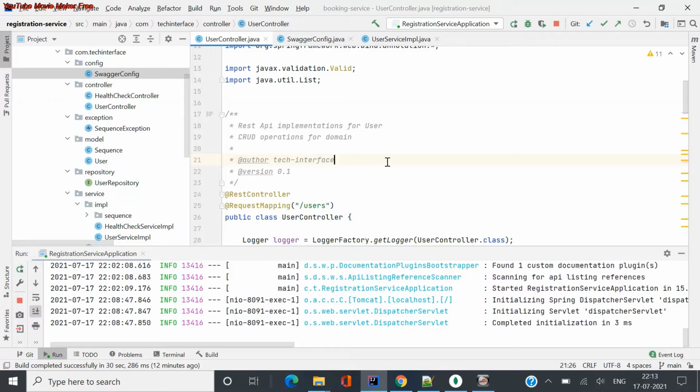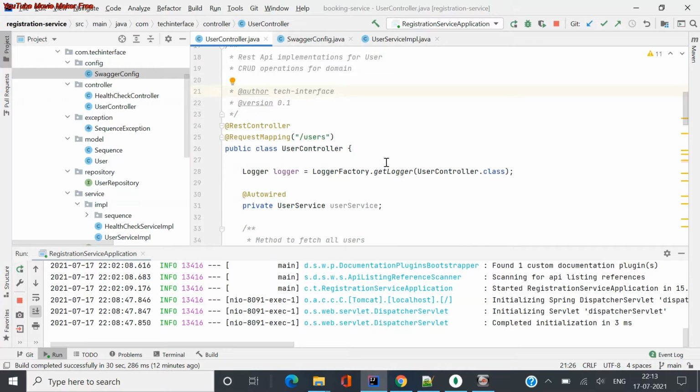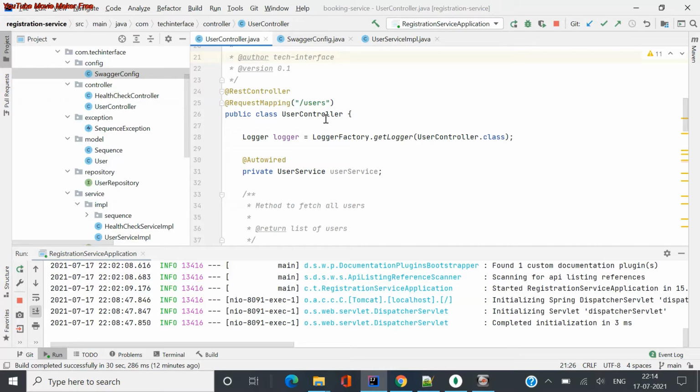Now next, for REST APIs, comes your path. Your path tells everything about a method, or how you access these APIs. This is my user controller, so it clearly tells that all the actions or operations related to users are added here.